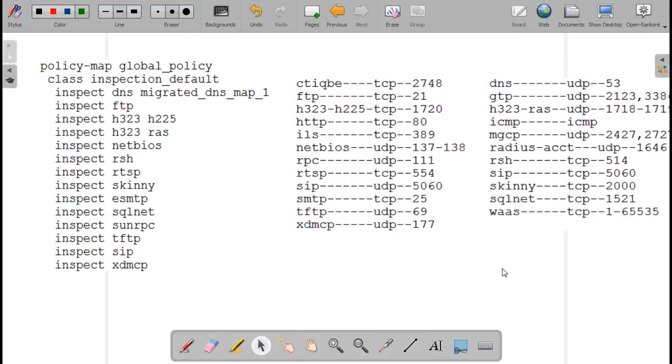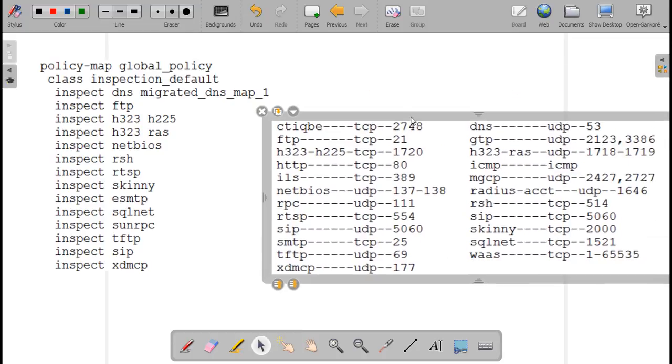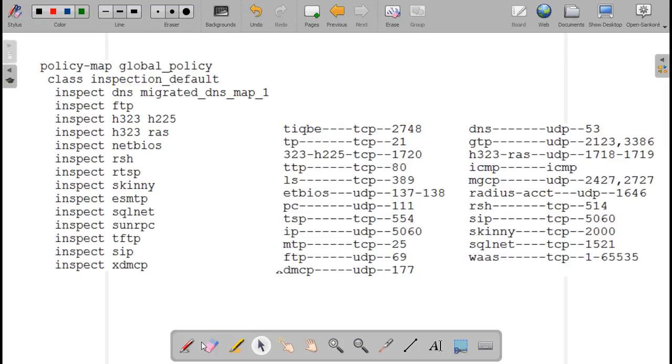Got it? It is a standard port number. Fine. So you have inspection default. This brings you the traffic, and the traffic brought by this class is this traffic.